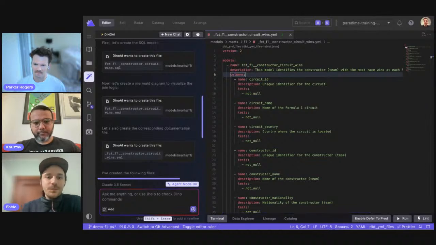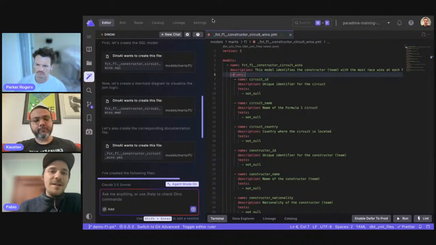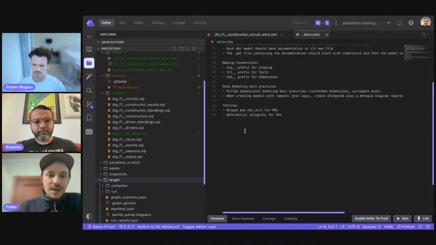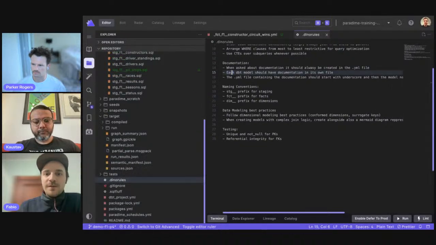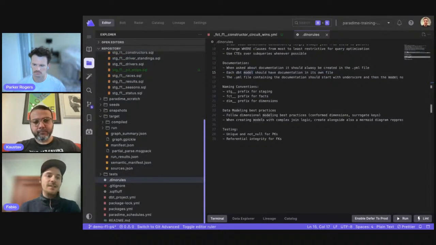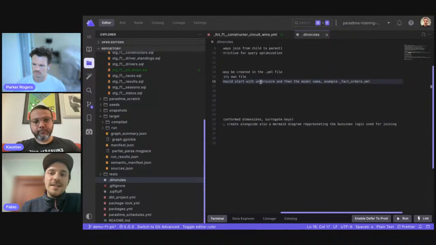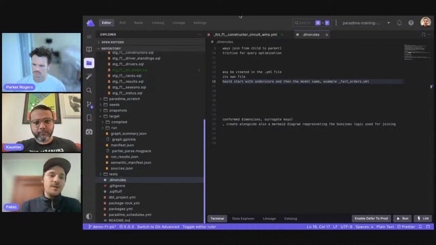Okay, here we go. Based on the prompt I had, which says, when you're creating models, make sure that you add documentation and follow certain rules or guidelines within the files, the agent also created the YAML files based on the instructions I provided. Let me open the dinorules here. Each dbt model should have documentation in its own file, so it didn't try to add it to the standard schema.yaml file format. Also, the YAML file containing documentation should start with an underscore and then the model name, for example, underscore fact_orders.yaml. So it respected my naming convention about how I want the documentation to be generated by the agent